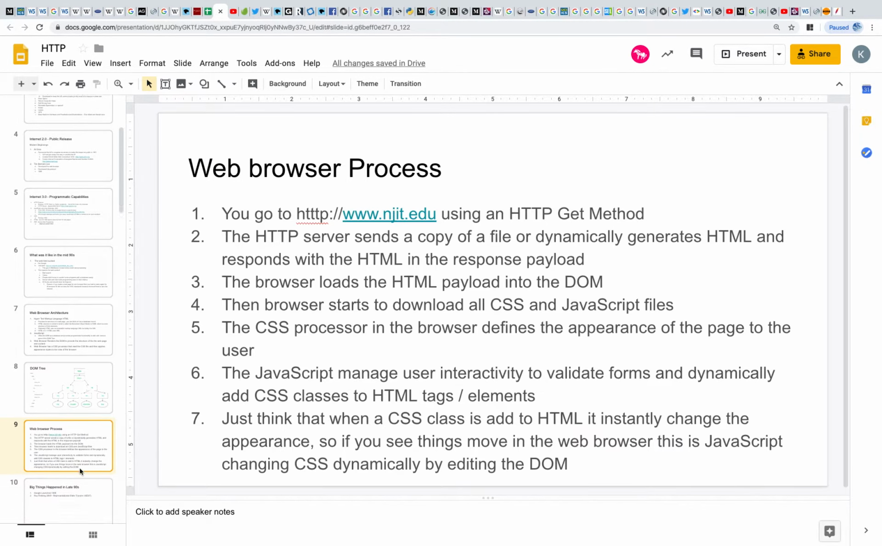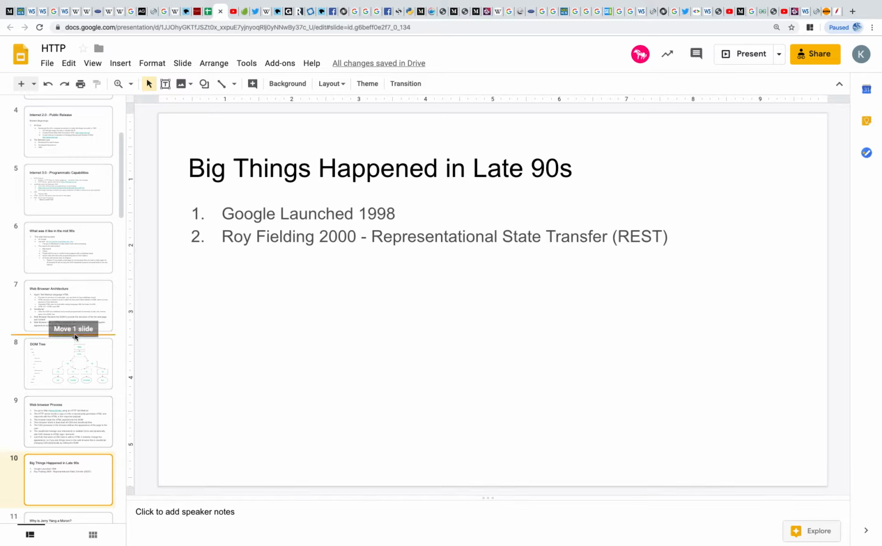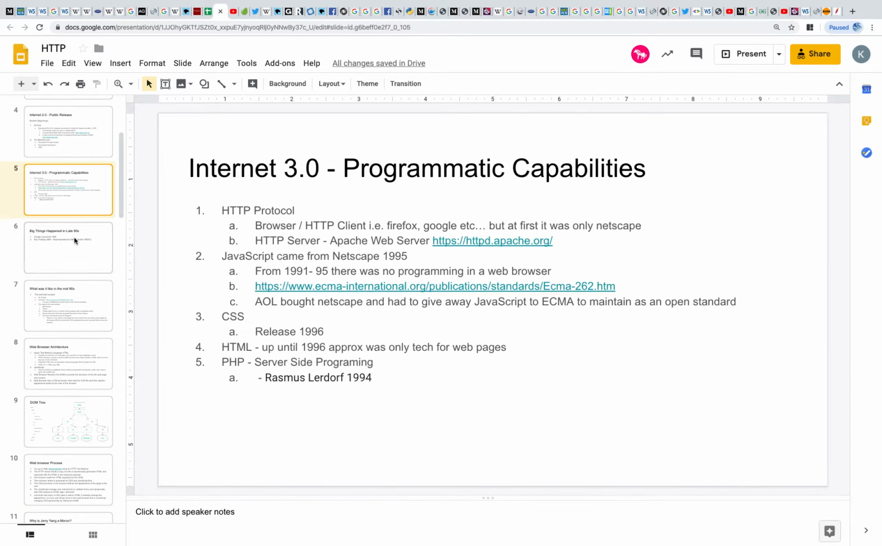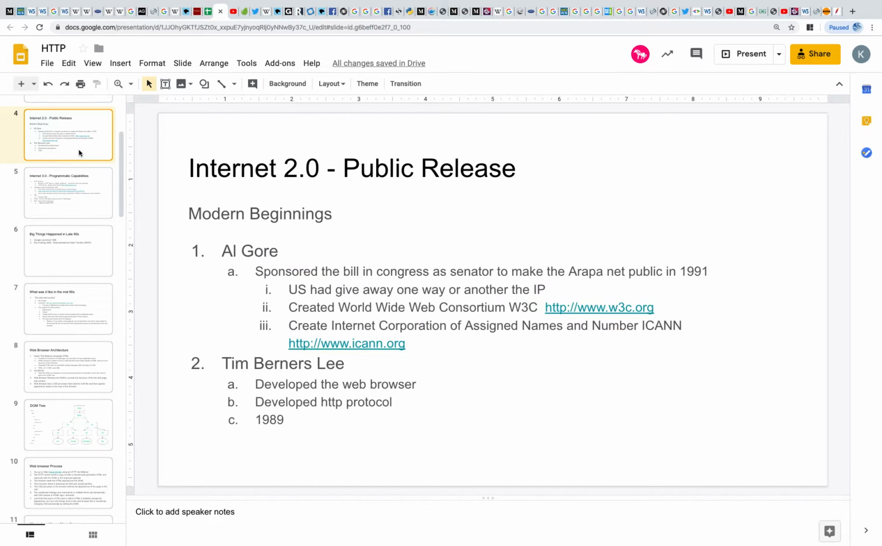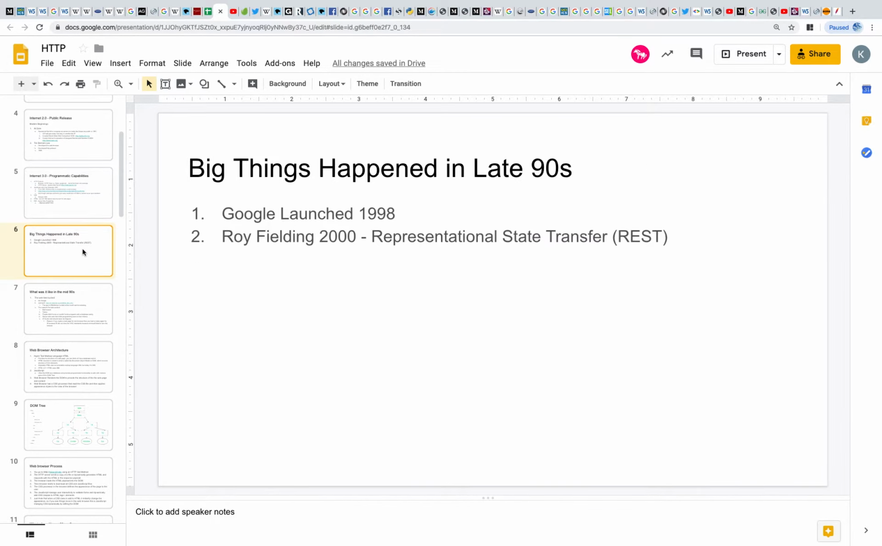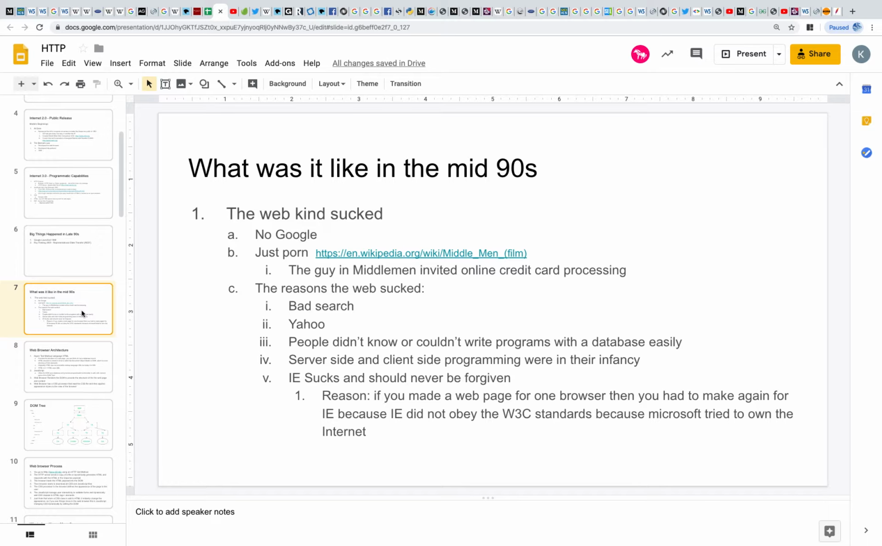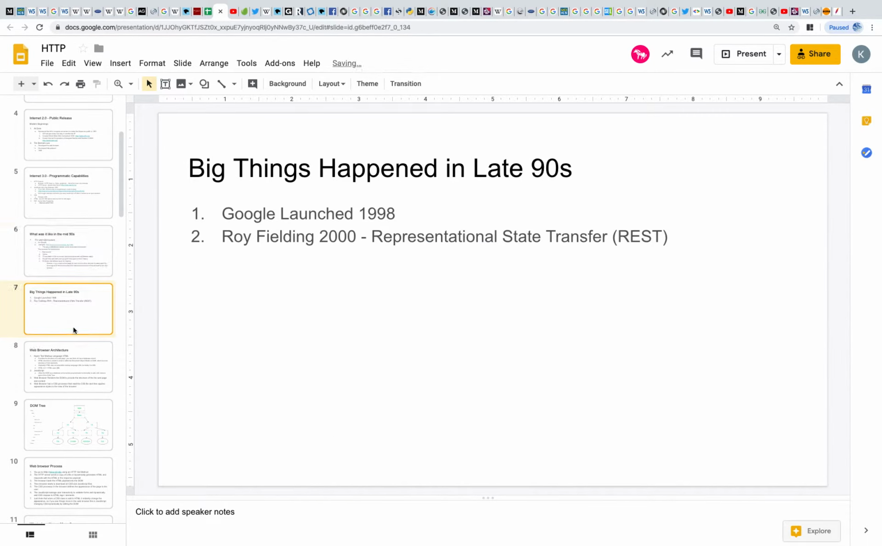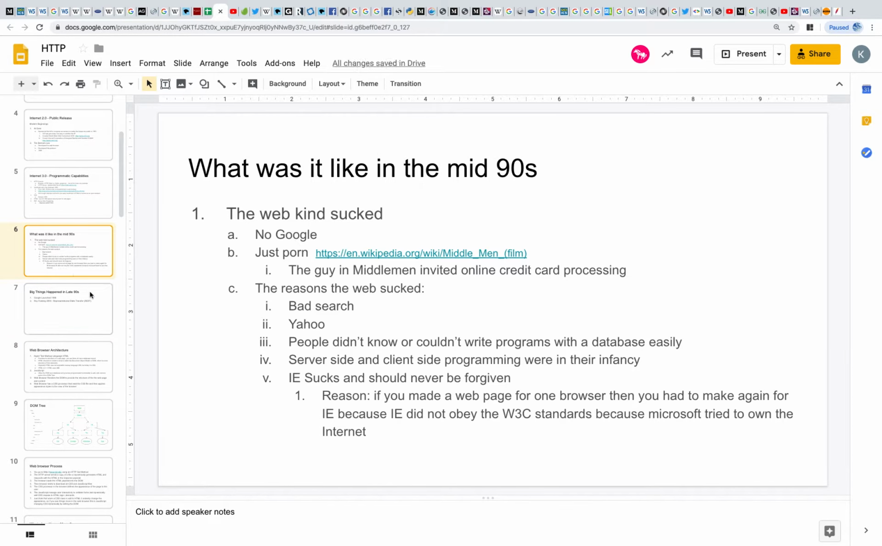Let me just see for a second here. Oops, let me just get my slide in the right spot. All right, so